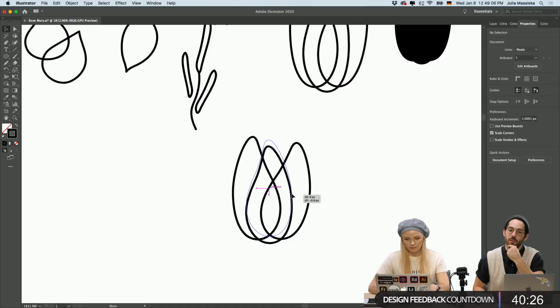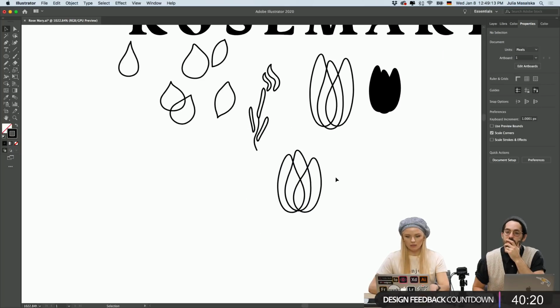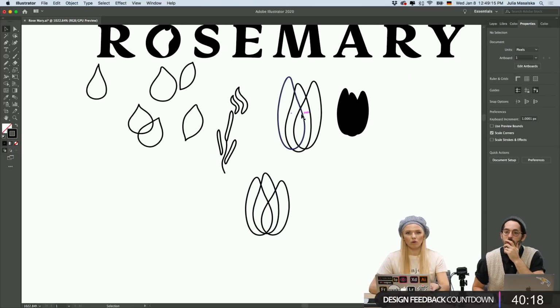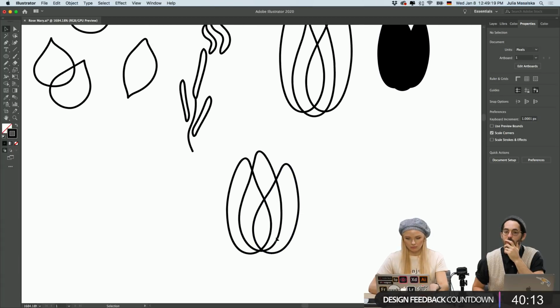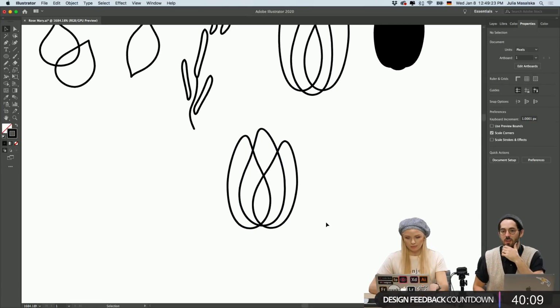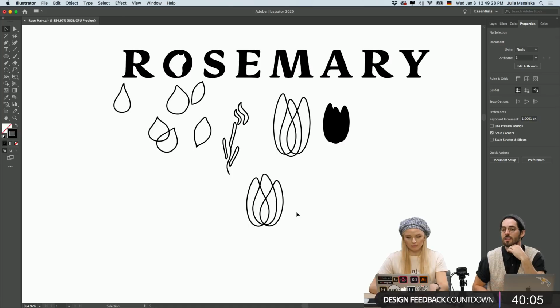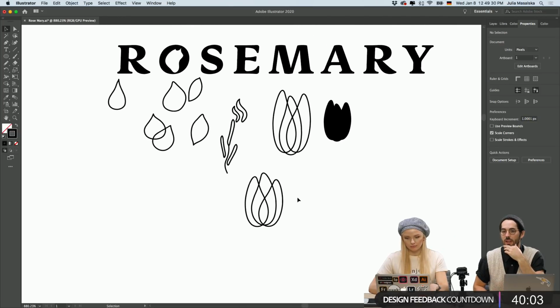What do you like about it with the line work as opposed to the fill? Is it the space? I think it's the white space in between the lines. It seems more appealing to me than the shape as a whole. It feels a little feminine to me in terms of its shape. I'm not a designer, but I can tell that's a flower, whereas the other shape, not so much, on its own.